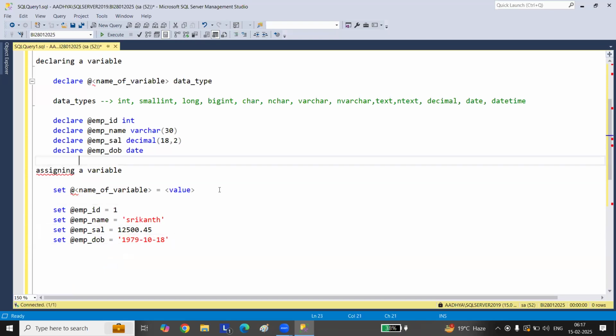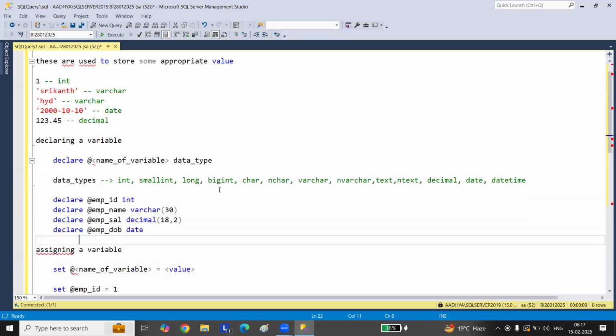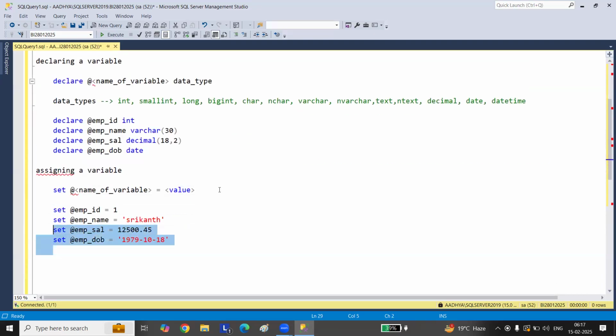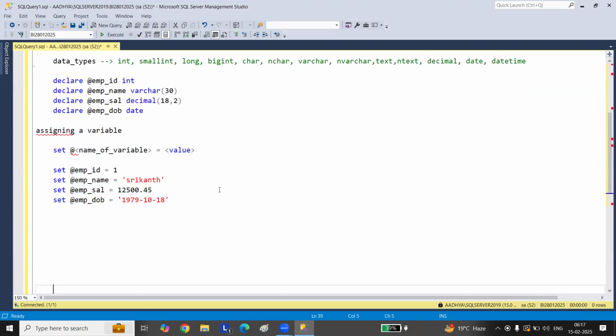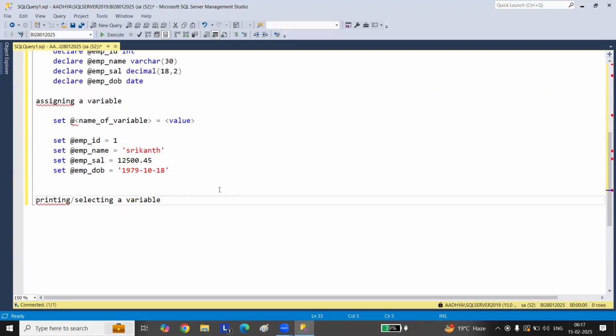So what did you do in the second part? In the first part, you declared the variables. In the second part, you are assigning the value to that particular variable. Now how do you print that value? So we have the keyword called print. Either you can say print @EMP_ID,